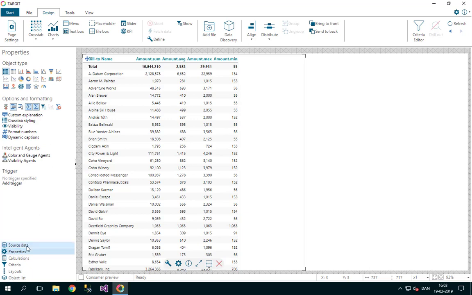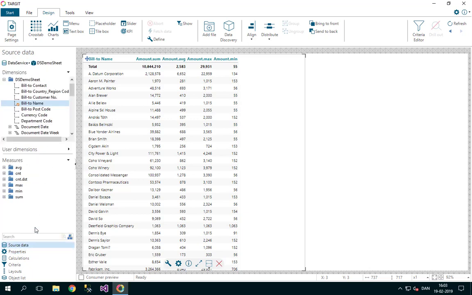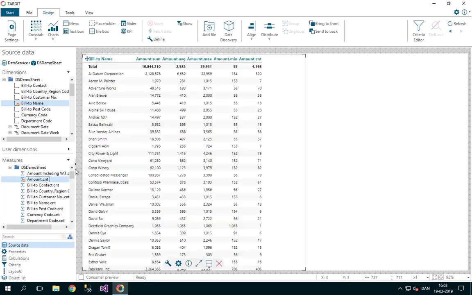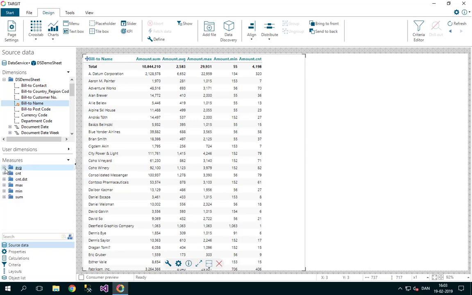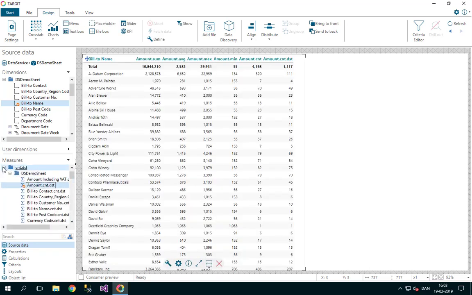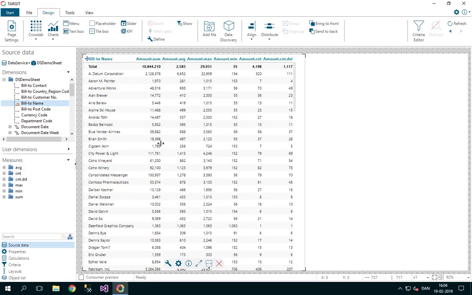And going back to our source data, we can now add the two last measures. The count measure. Let's add amount count here. And also let's add the amount count distinct from here. So with those two measures, looking at the same customer, we can see that apparently 7 transactions went into this customer here. Now the count distinct tells us that we have 5 distinct amount values within this data set